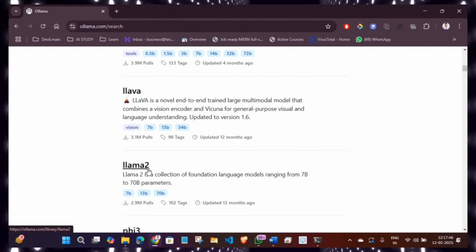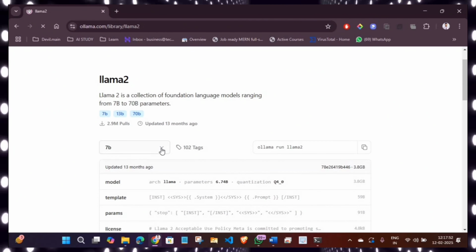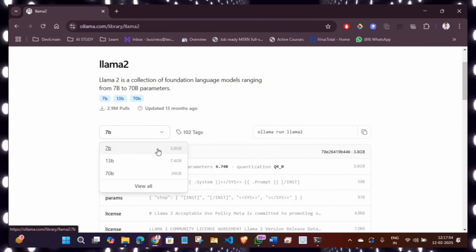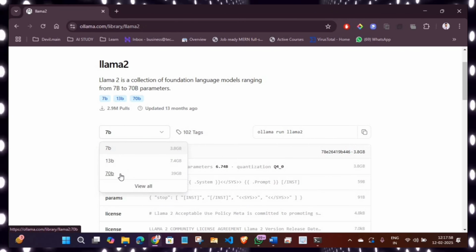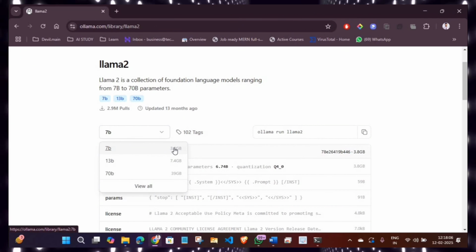So here we can install the Llama 2 model on my laptop. Just click on it, and here you can select 7 billion parameters, 13 billion parameters, or 70 billion parameters. This is a large context model, so I am installing the 7 billion parameter model on my laptop.